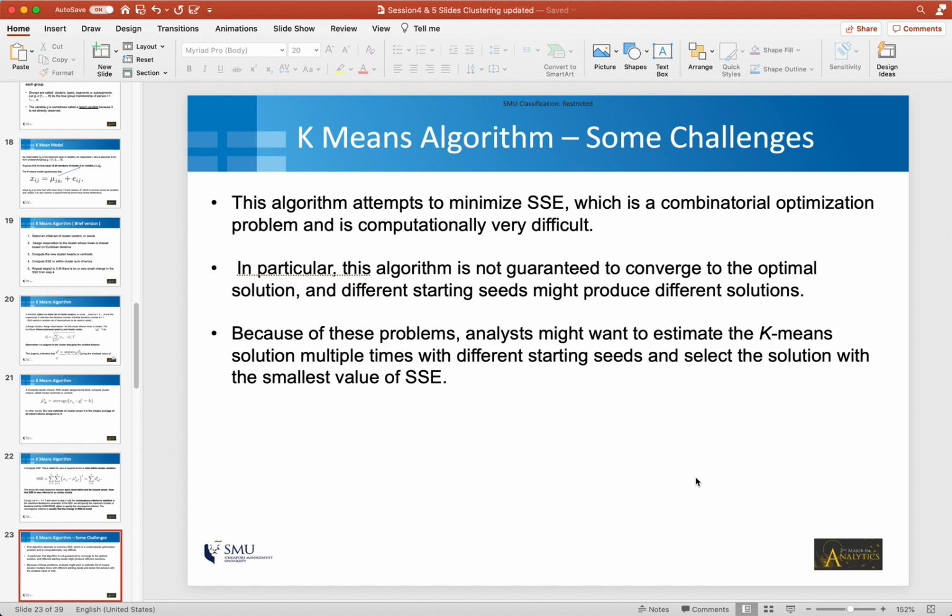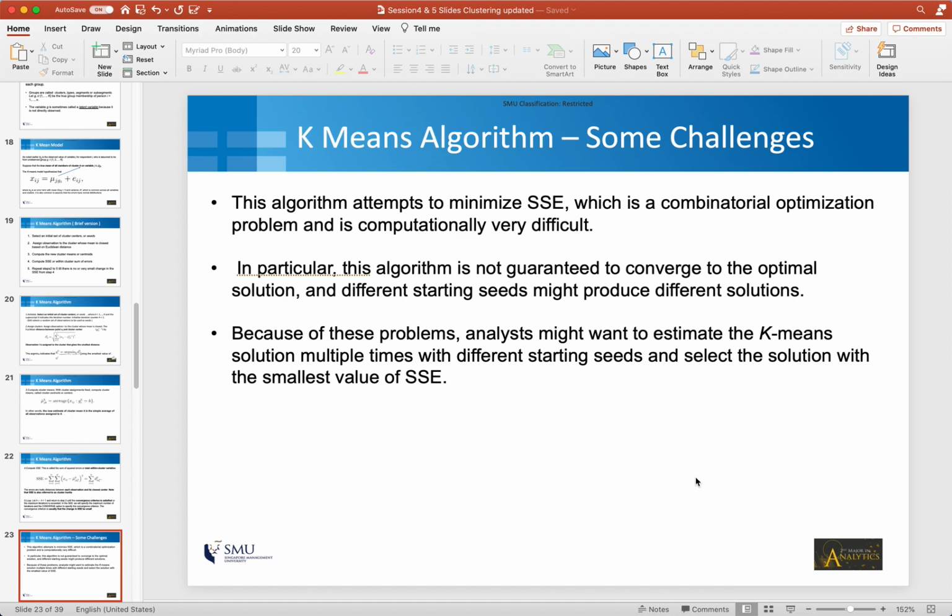What that means is that given a set of n observations, the problem is to assign observations into k clusters such that you get the minimum SSE. Now that can be done in many different ways, and the number of permutations in which this can be done becomes computationally very expensive. In fact, it becomes infeasible.